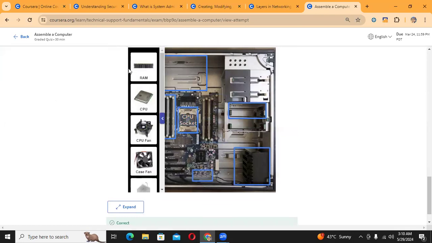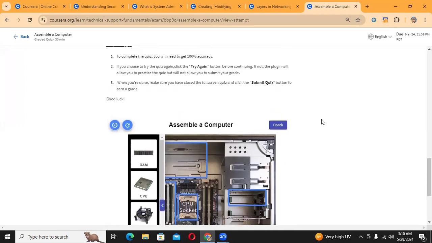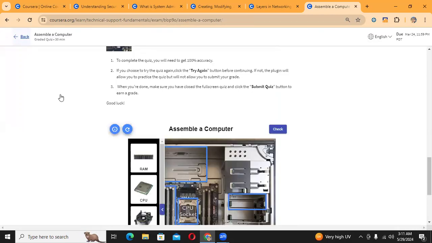If you see in this quiz, it is basically about how to assemble a computer. This is the CPU. We only pick up the pictures from here and put them in the right block. So this is the CPU socket, sorry, and the CPU fan will go here. So this is basically picking up one picture and placing it in the right place. So let's move on